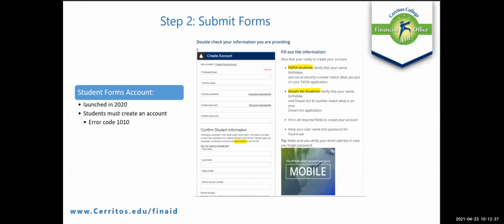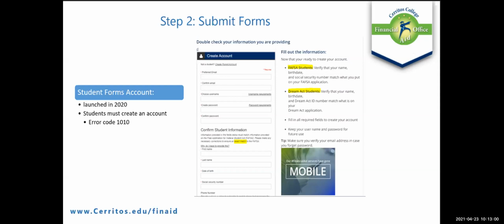But it does allow students to submit forms online so that you don't have to come into our office. We're not even in the office yet, right? So hopefully we're getting things back in summer. We'll be on campus to some capacity in the fall. But in the meantime, you can actually submit all your documents over the student forms portal.